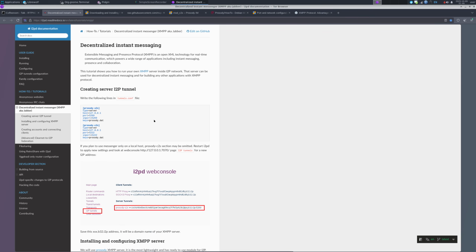And I have gone through this. I'm going to show you how I did it on my own end so that you can confirm that this will work for you at the time of this recording. So as you can see, I2PD has some documentation on this. So if you have an interest in setting up your own chat server, not only that, but having the option